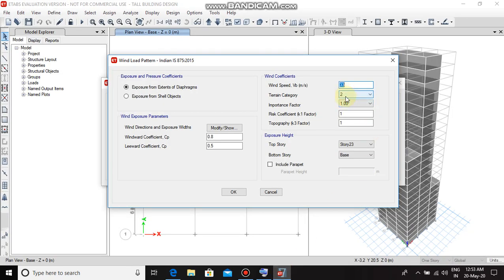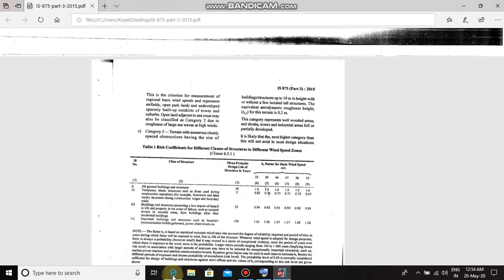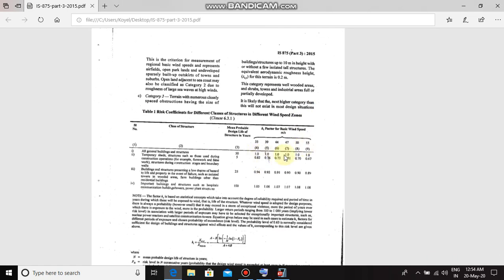Now put the value of terrain category as 3. Keeping the importance factor as 1 and the risk coefficient, again using the IS code, the risk coefficient will be 1, in which the mean probable design life of structure is 50 years.